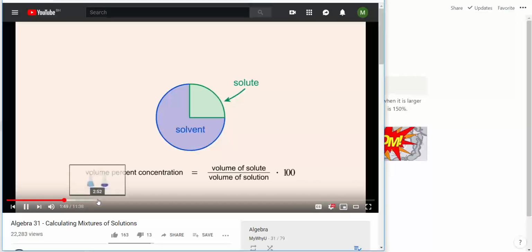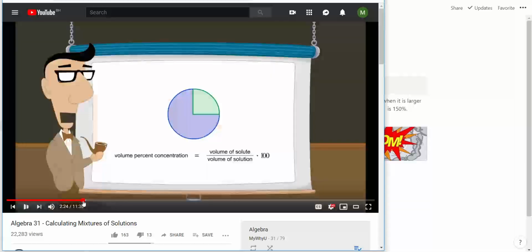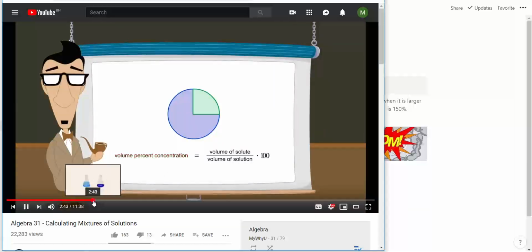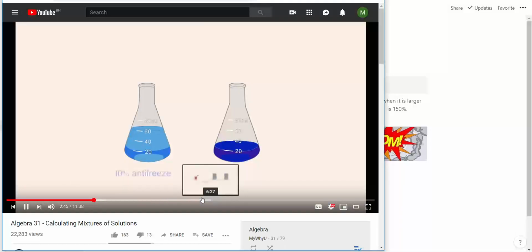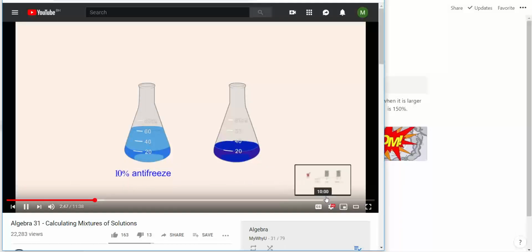For example, if the volume of solute is 80 milliliters and the concentration, the volume of one solution contains 10% antifreeze, and the other contains